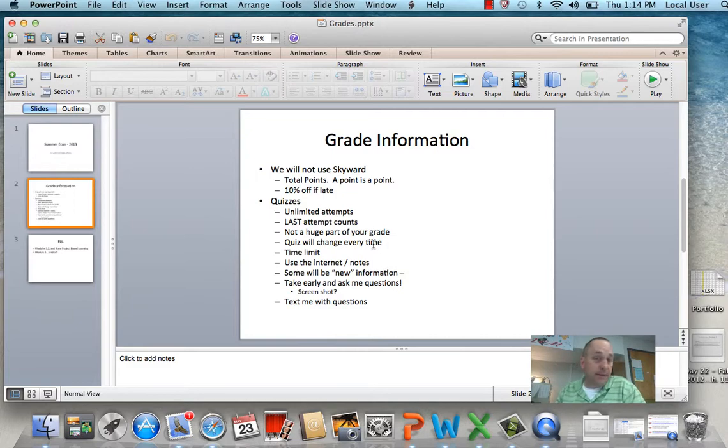and then you can go and retake that. But again, the deadline is midnight, so if you're doing that at 11 or 11:30 the night that the quiz is due, you kind of forego that opportunity. So by all means, take those quizzes a little bit early so that way you have some chance to review and figure out exactly what it is you need to know. And always, always, always text me with questions.